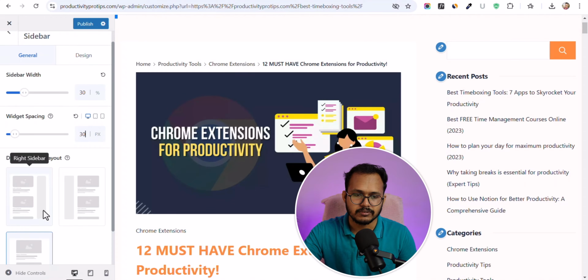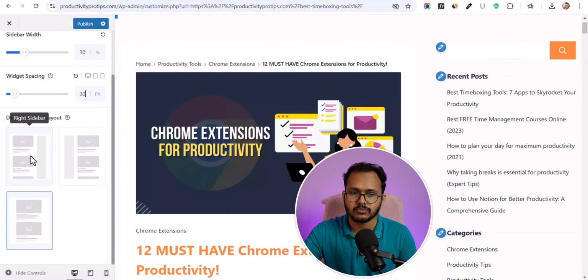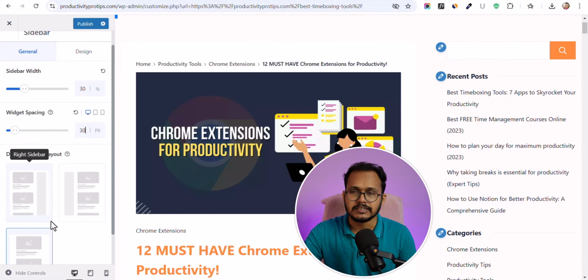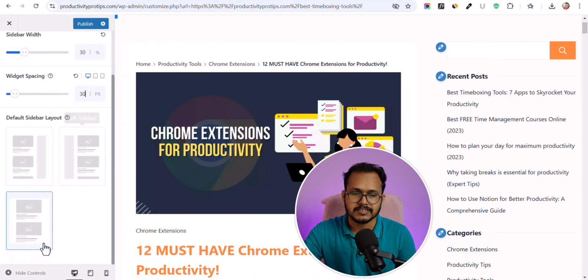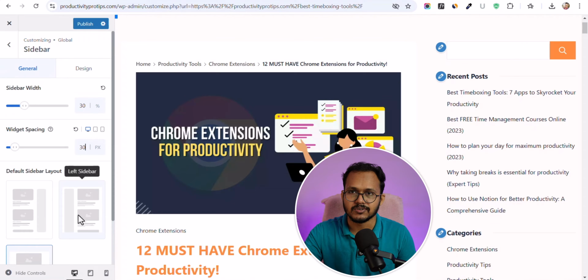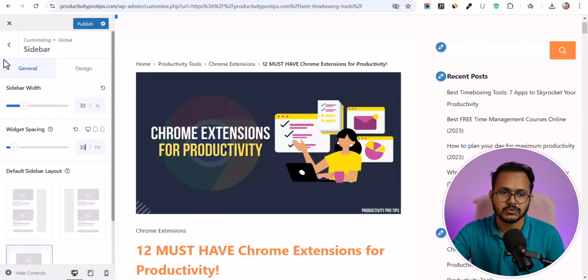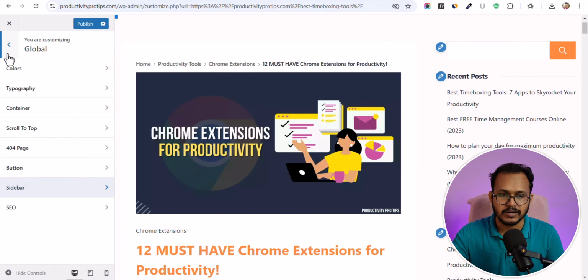And you can change the default sidebar options, whether you want to add a right sidebar or a left sidebar, or don't want the sidebar option. So the visual layout option is quite good, so you can see the visual images and decide whether to choose the option or not. So customizing the Rishi theme is quite easy to use,